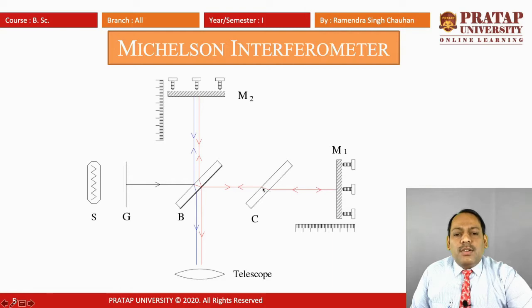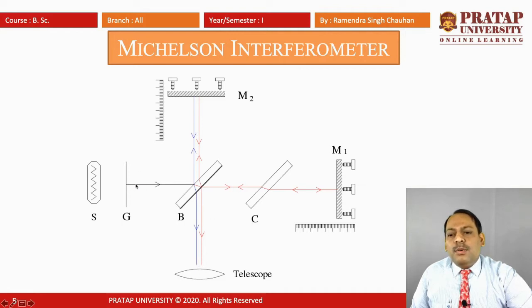So this thickness is crossed two times by the beam, and hence this excess or unwanted path difference is balanced and the light ray returns to the plate B, and from here it gets reflected and moves towards the telescope. So here we can see one ray is coming from M2 and another ray is coming from M1, this red line. So these two rays, when they are going to the telescope, get overlapped,